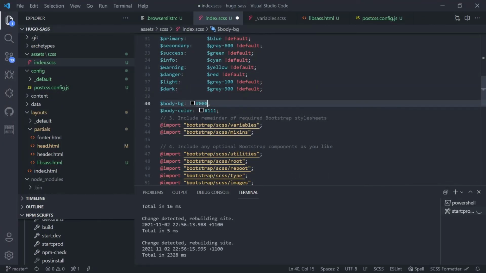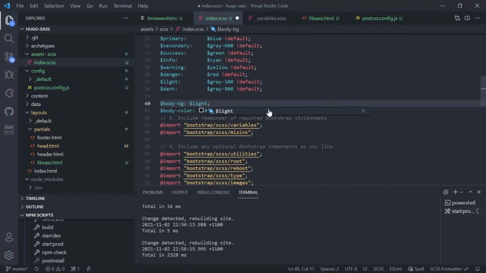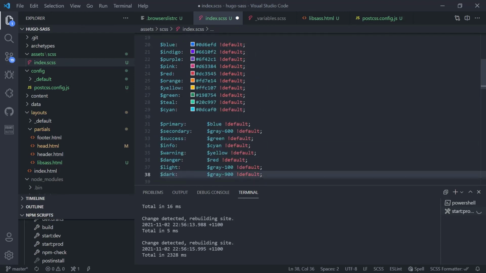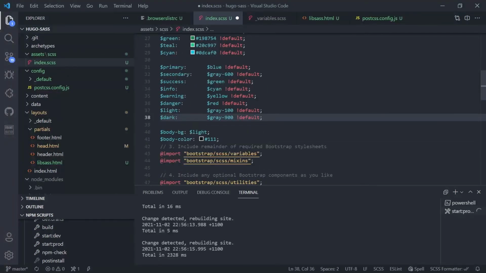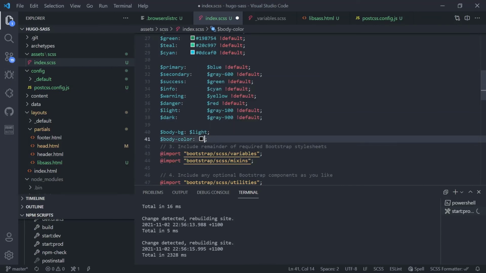A common one is light. So I can just reference the SCSS variable light. And for my text color, for the purpose of this tutorial, I'm going to reference dark. Dark's actually the default, but I'll reference it here anyway. And we can save that